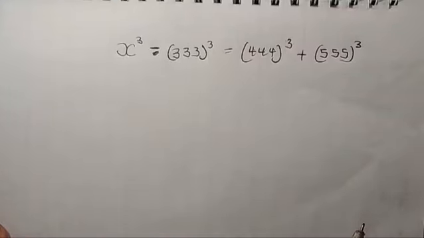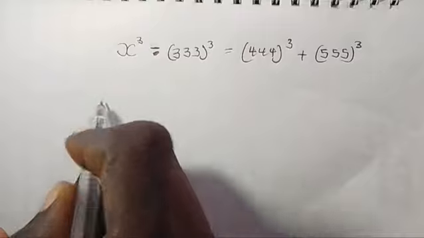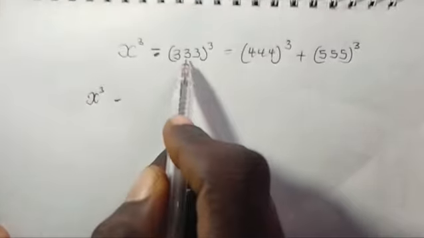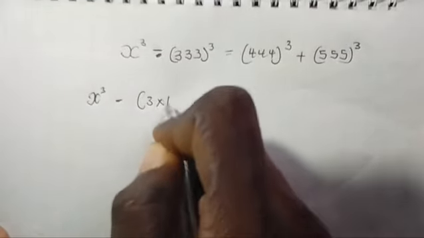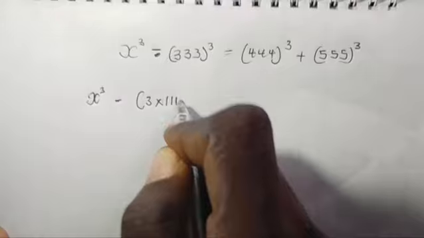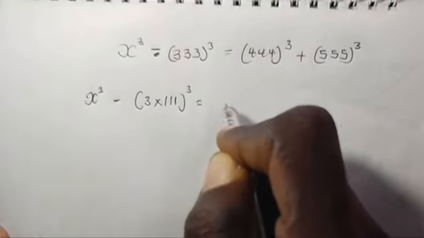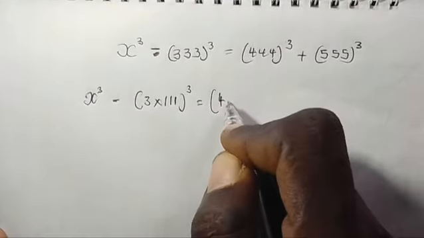So how do you solve this without using a calculator? Now let's solve this. So, solution. Here we have s raised to the power of 3 minus. If you look at this very well, we can just write it as 3 multiplied by 111, right? Raised to the power of 3 is equal to, here also, 4 multiplied by